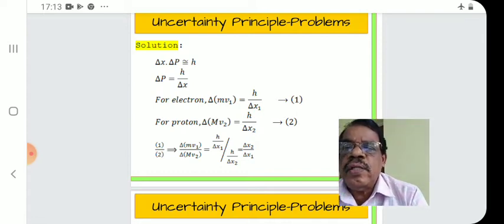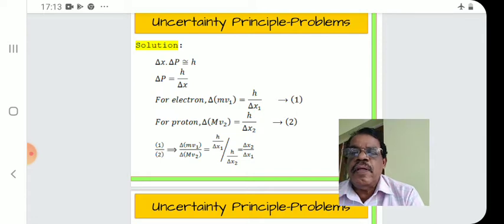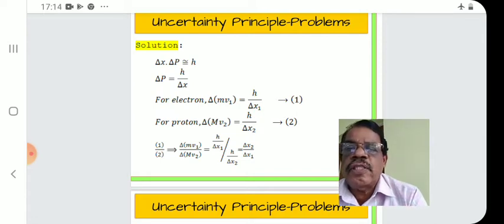For proton, delta Mv2, where capital M is the mass of proton, is equal to h by delta x2, equation number 2. Dividing 1 by 2,